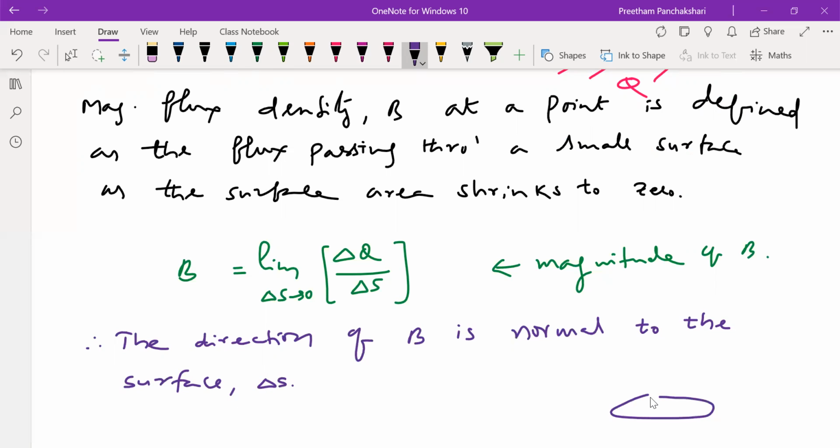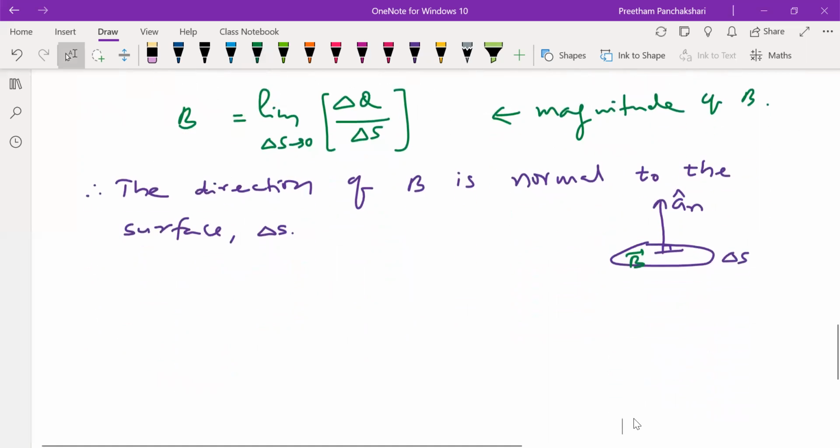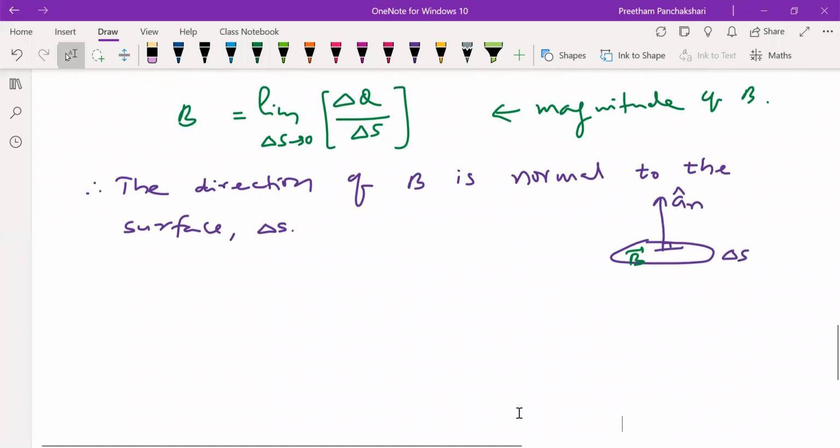That means if you choose a surface of some area delta S, then the normal direction to the surface is also the direction of the flux density B on the surface. If you are representing the flux density on the surface, then the direction of the surface itself is the direction of the flux density. So that means B can also be written as